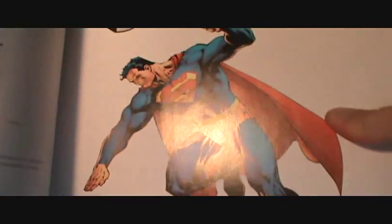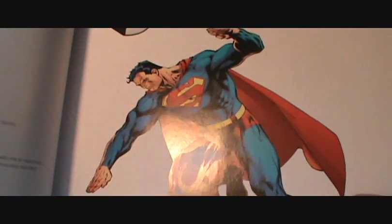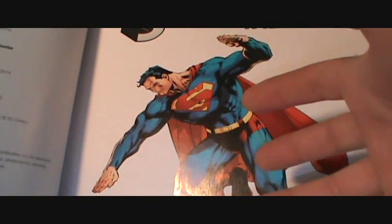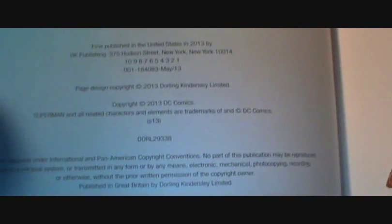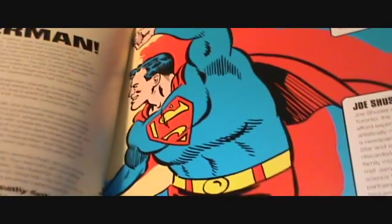Some of the information is exactly the same, so if you have some of the older versions of this, I think this was the cover of the older version, if I remember correctly. Some of the pictures are changed, the information is presented in a different way, but as more stories have come out since the last printing, they're able to put more of those in here. As you can see, the publication is 2013. I have a bookmark in here, I'll show you in a minute, but